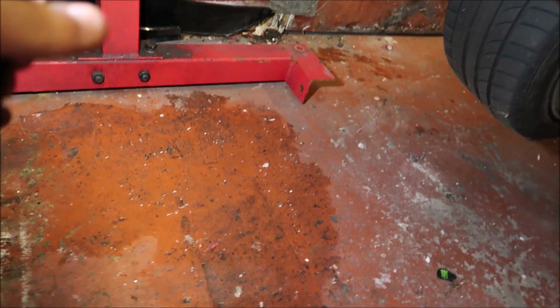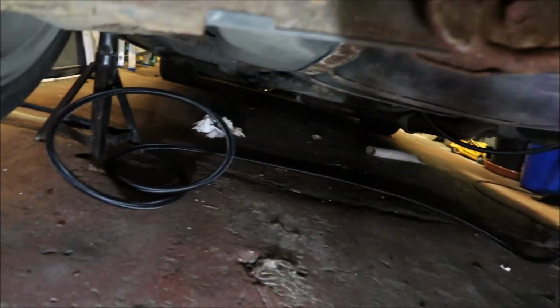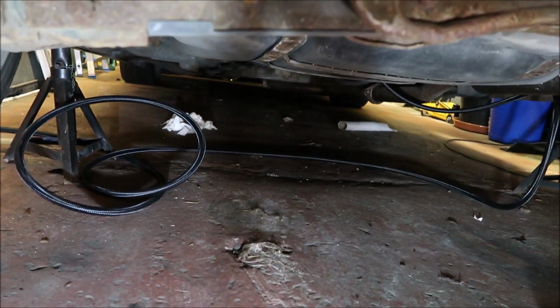Sorry, just trying to struggle past the car. Got a bit of a leak up there in the old garage, so I'm going to have to sort that as well. But underneath here, that's the fuel line there. I'm going to do exactly the same thing for the out, and then up here somewhere